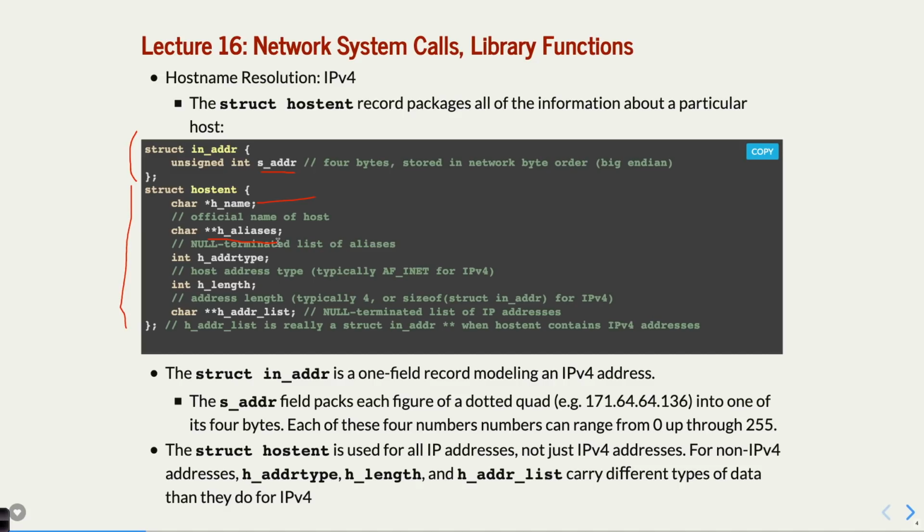You rarely see the aliases one filled in at all. I guess nobody really cares that much about it. But it is a char star star, meaning that it's basically just like every other char star star we normally use. It's, as it turns out, a null terminated list of pointers to strings. So string, string, string, string, and then the final one is null. You know you've reached the end. That's what that one is.